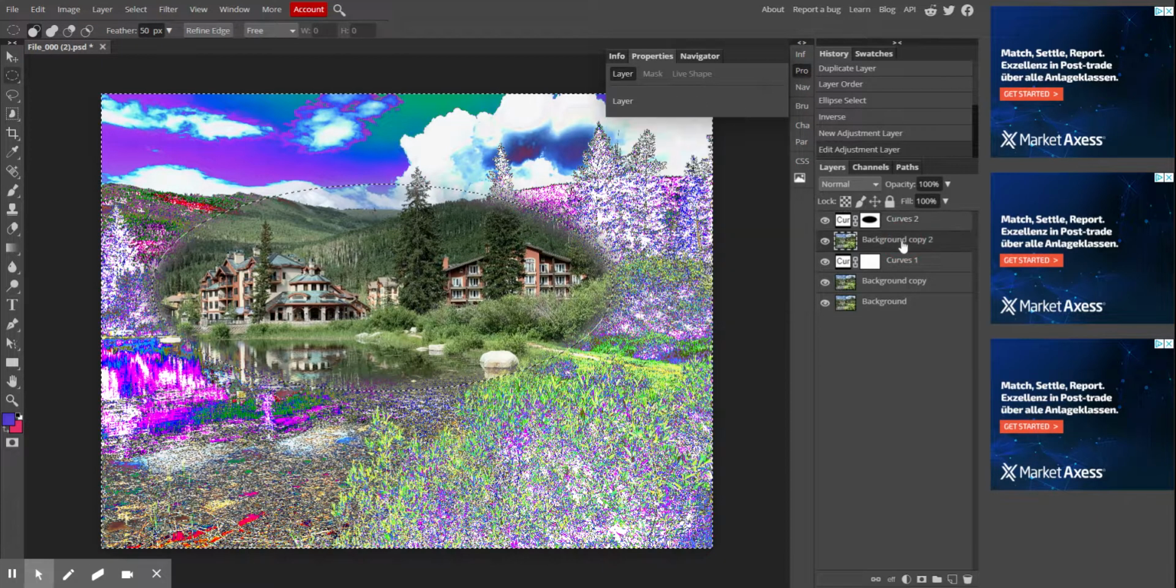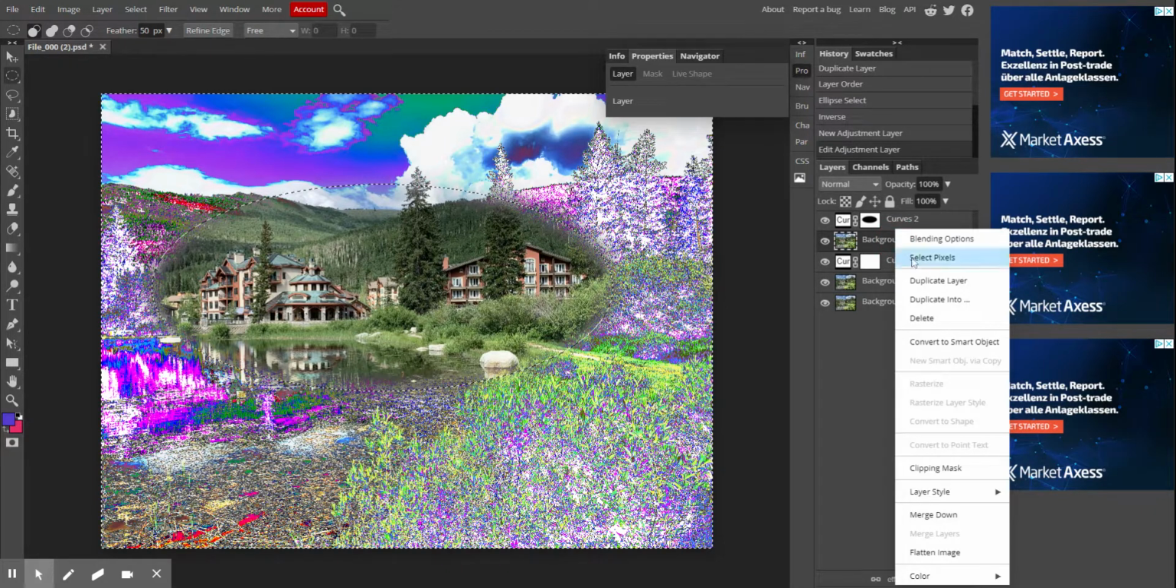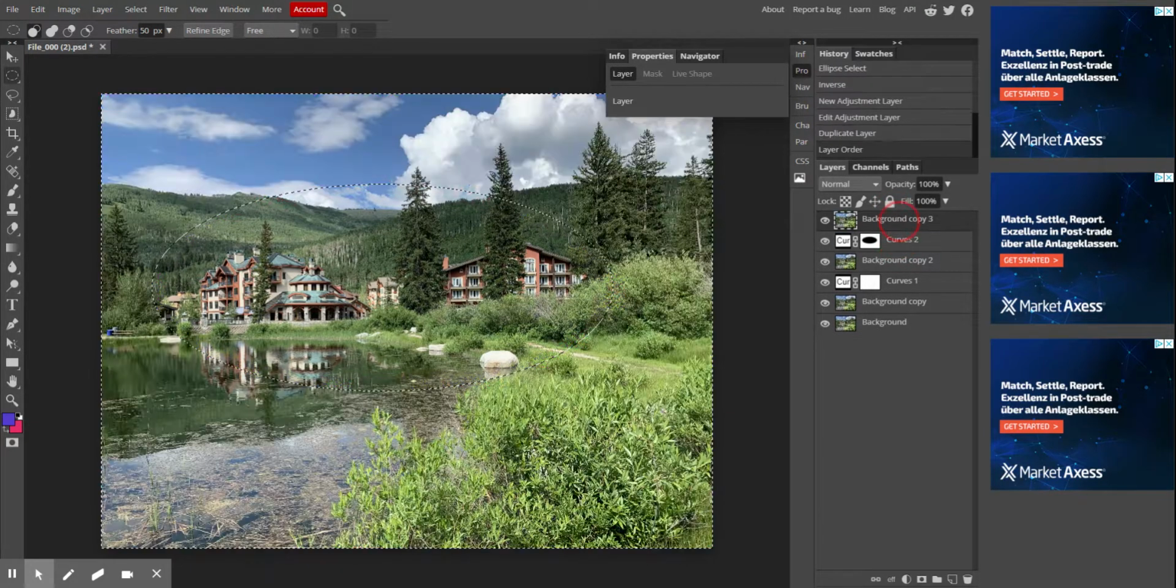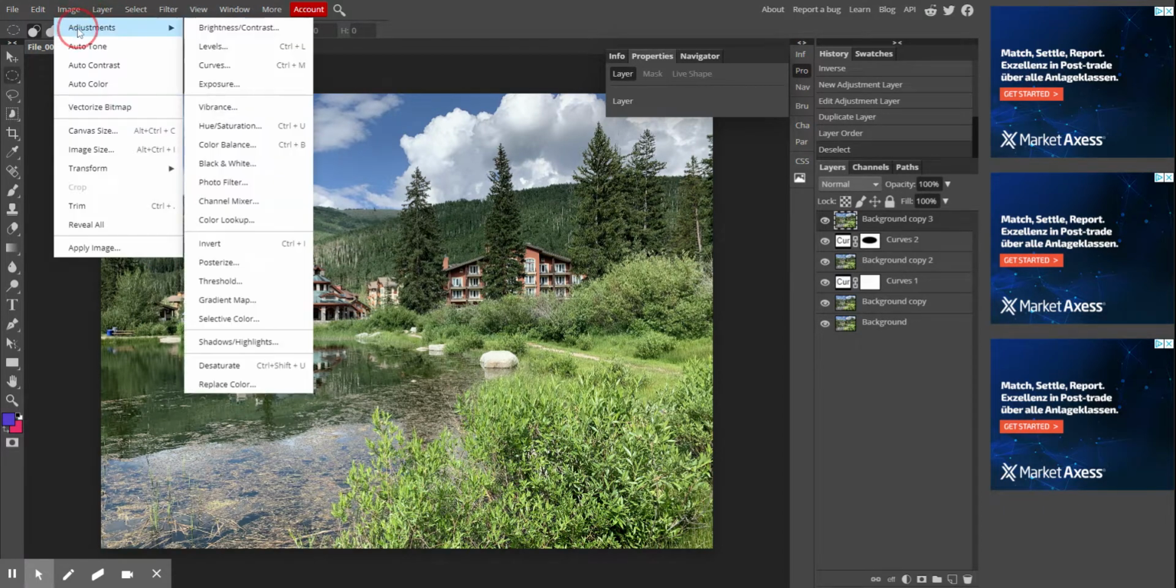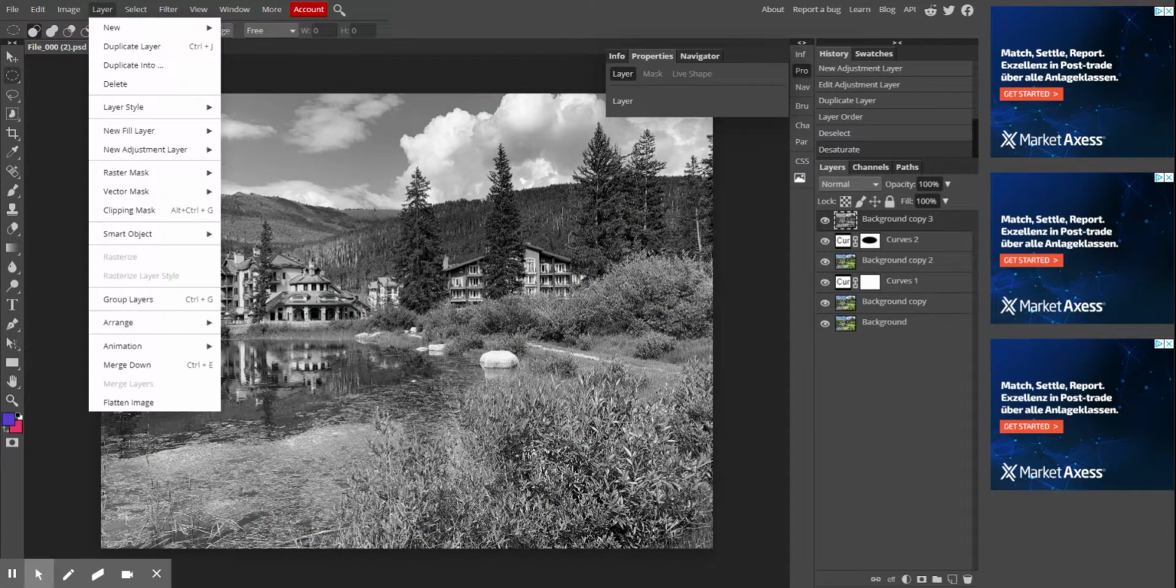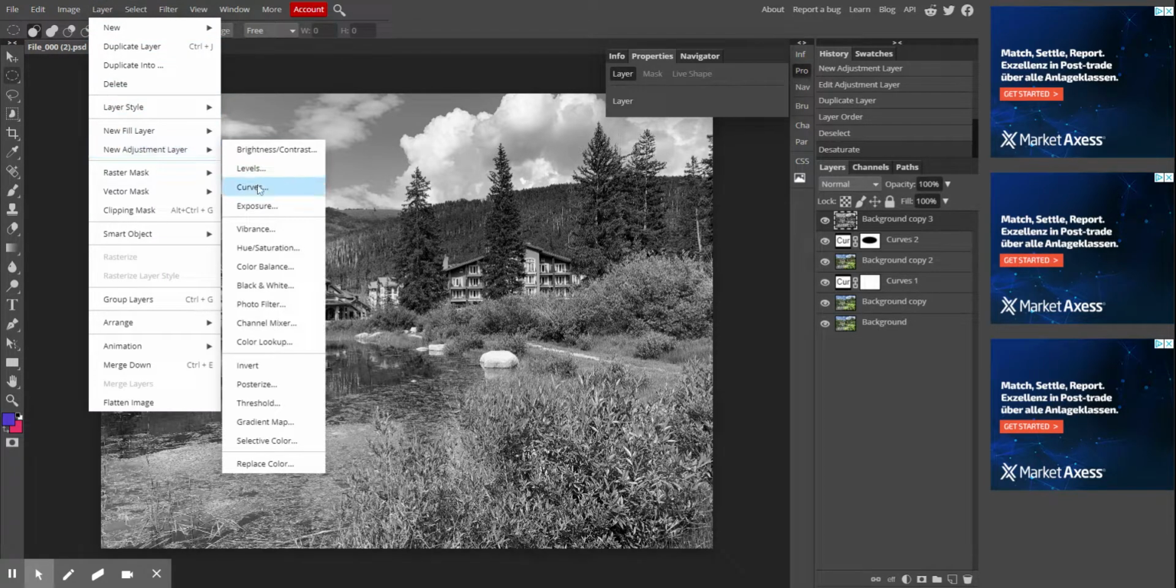Now, you can also do this as a grayscale. So I'm going to take this, duplicate my layer, drag it above, and I'm not going to select the area, so I'm going to press Control D to deselect. And in order to turn this grayscale, I'm going to go Image, Adjustments, Desaturate, and now I have it as a grayscale. I'm then going to go to Layer, New Adjustment Layer, Curves,